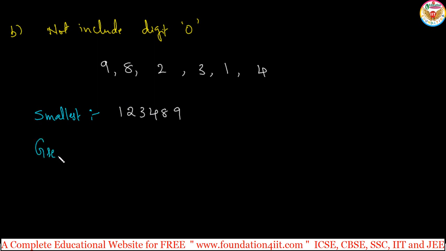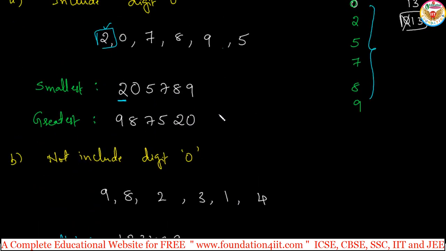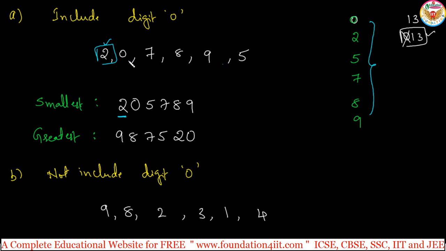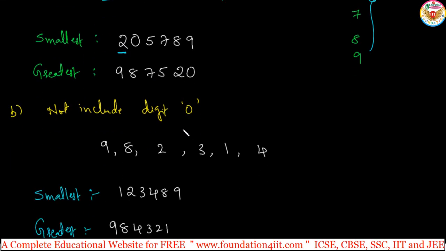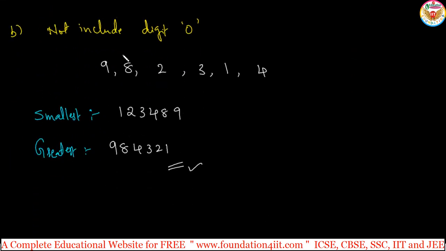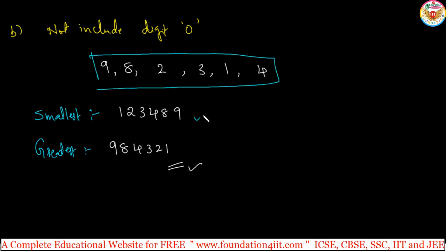And the greatest number we can write directly from greater to smaller. The greatest number is 9, next 8, 4, 3, 2, 1. This is the same as the previous problem. The greatest is simple. Only when the digit 0 is included should we be careful: except that digit 0, from the remaining you write the smallest value, then you can write the remaining digits. And when 0 is not included in the set of digits, take the entire set and write in ascending and descending order; those give the smallest and greatest values. Okay, this is one thing.